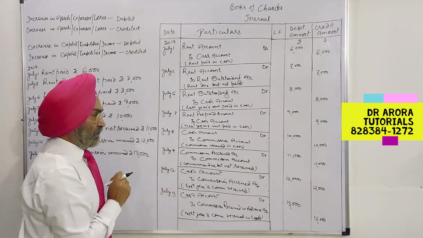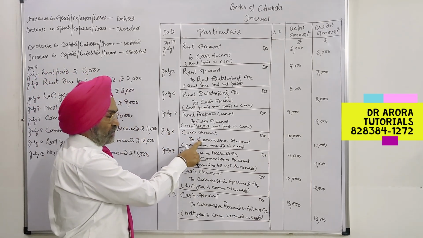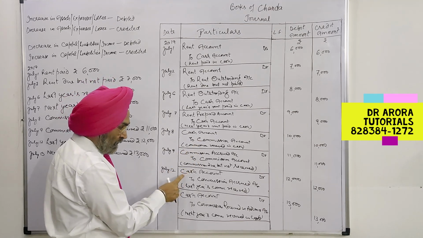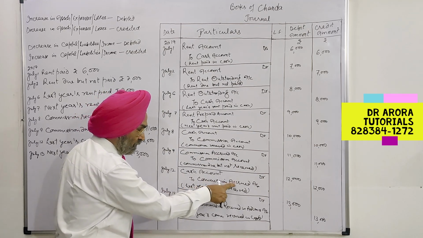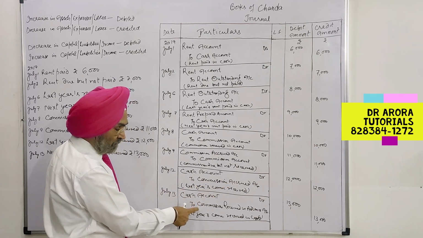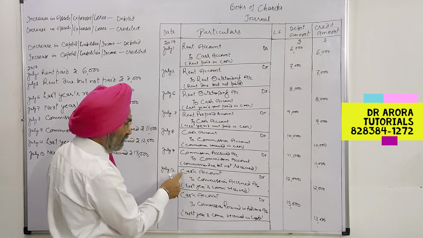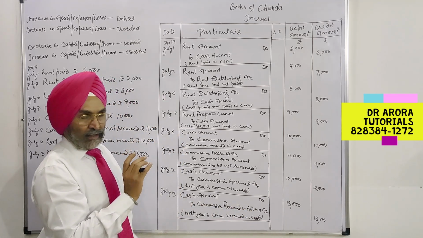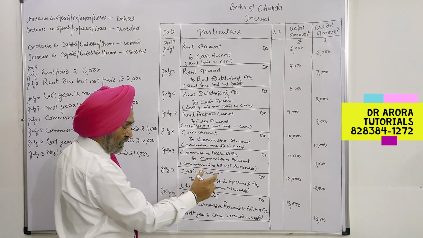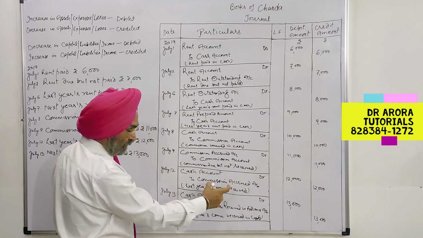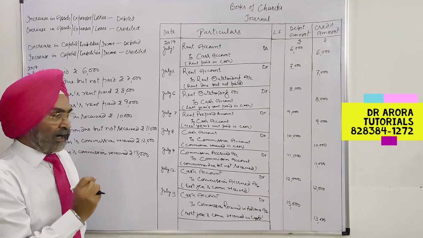So just see the difference. If current year's commission is received, it is cash to commission. If last year's commission is received, it is cash to commission accrued. If next year's commission is received, it is cash to commission received in advance. In all the three cases, cash is coming. Cash is not a problem. If it is of current year, to commission. If it is of last year, it is commission accrued. If it is of next year, it is commission received in advance account.